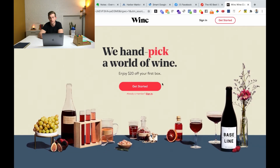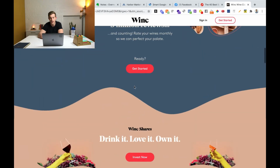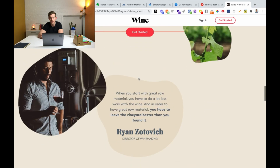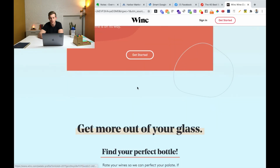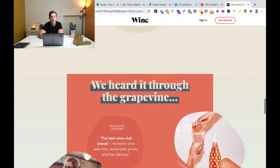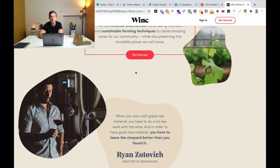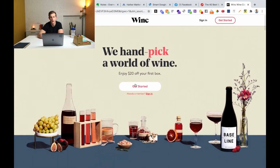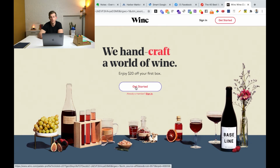One other thing that you will notice on this page is that all of the call to actions are taking you to the quiz, except for this Invest Now one. All of these get started buttons throughout the page all take you to one spot. And so again, it's funneling people straight to checkout. It's not like they have one that's going to the blog, and they have one that's going to the checkout, and they have one that's going to their social media pages. It's all designed to funnel you straight towards the next step to checking out. So path of least resistance to checkout. The next thing that they have you do here